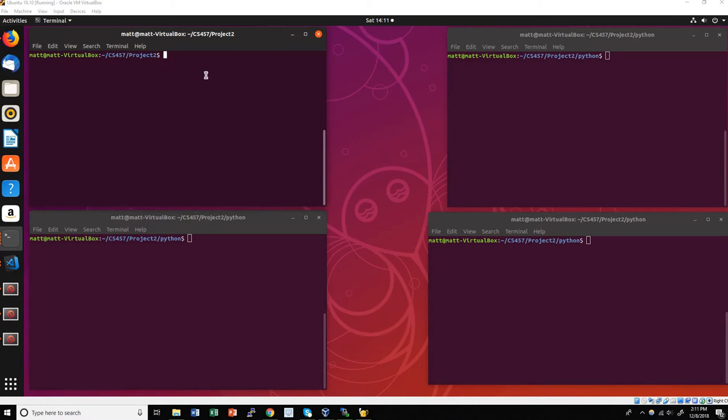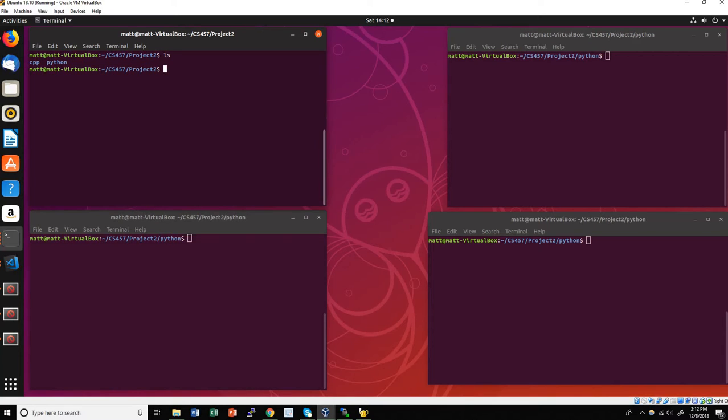So in the files I'll provide, I'll have this main folder, Project2. If I look inside there, I've got 2 subfolders. One is CPP for C++. That is going to be the server that I wrote for the first assignment, along with some modifications for this project. And then I also have a Python folder. I ended up writing my client in Python 3, and I wrote my GUI using the library tkinter. So there's more details of this in my README, but just so you know, I'll need Python 3 and tkinter